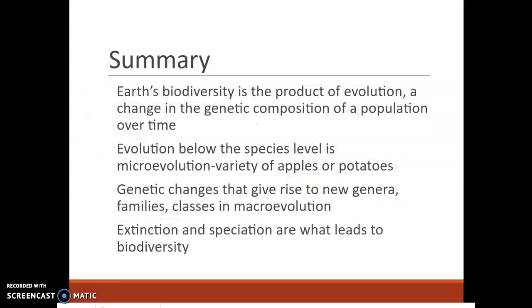So in summary, Earth's biodiversity is really complex. It's extremely complicated, but it's typically a slow moving process that adapts and allows for change over time. Evolution below the species level is microevolution. We talked about this a little bit. So microevolution is where you see a specific change in a shorter amount of time, or in something that we can do artificially,